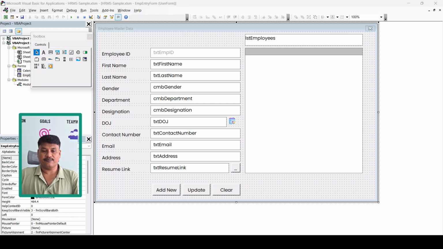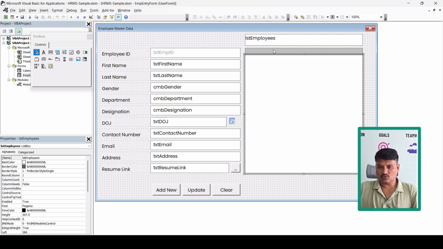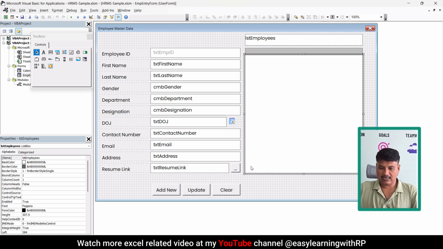writing a generic function. So here you can see I have already created a form where the information needs to be updated, and it is a simple form. These are the fields that I have used in the form, and this is the list box. List box 1 and list box 2. There are two types of list box. One is for the header and the second is for the data listed.